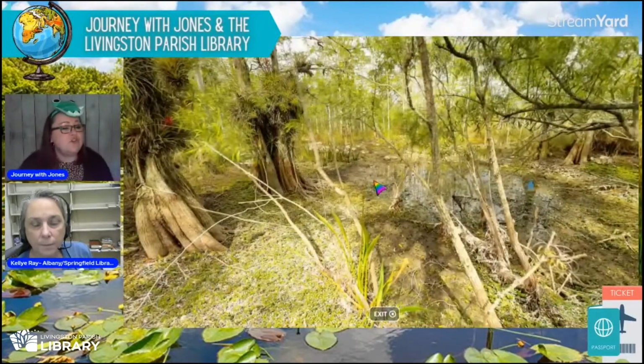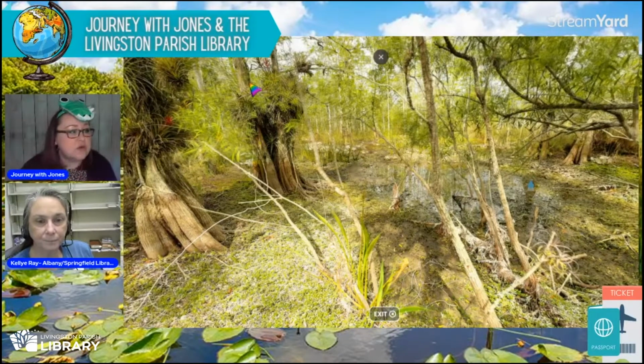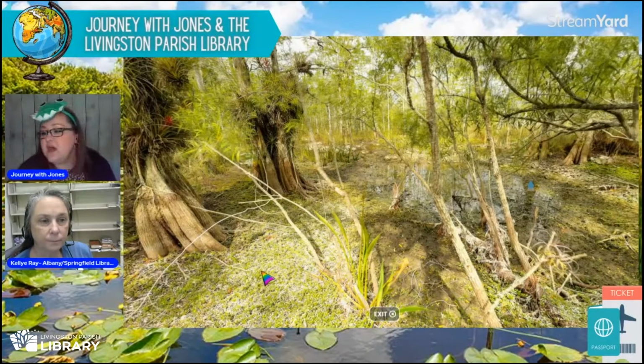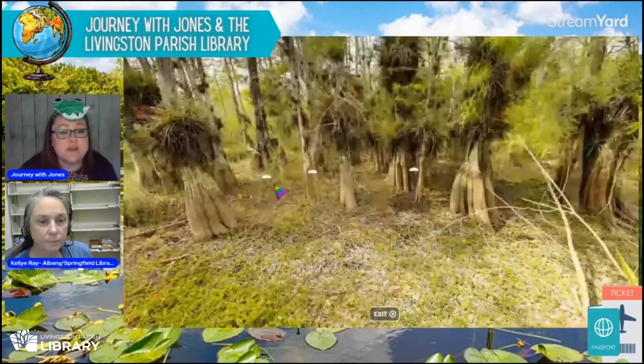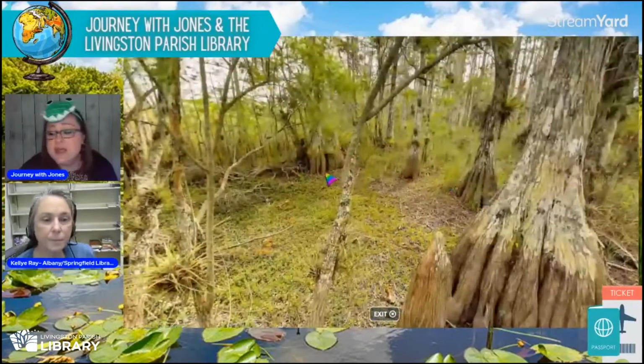Now, the Everglades are a tropical wetland in Florida. So it is a wetland, but it's not all completely covered in water. There are some dry areas, and it kind of depends on the season. In the rainy season, all of this would be covered in water. In the drier season, you can see the land. But it's an ecosystem not found anywhere else in Florida. The Florida Everglades have a very specific ecosystem that can only be found in the Everglades in Florida, and it's